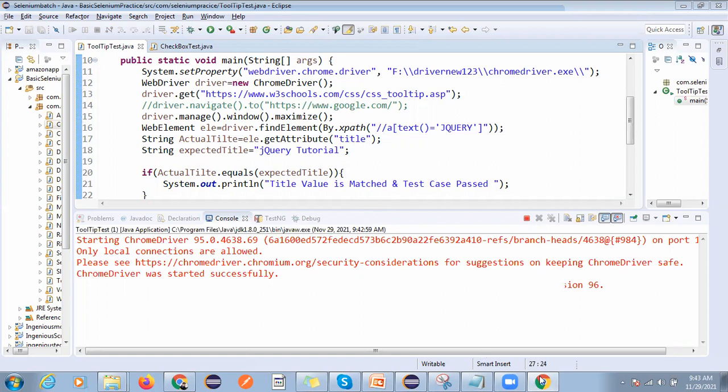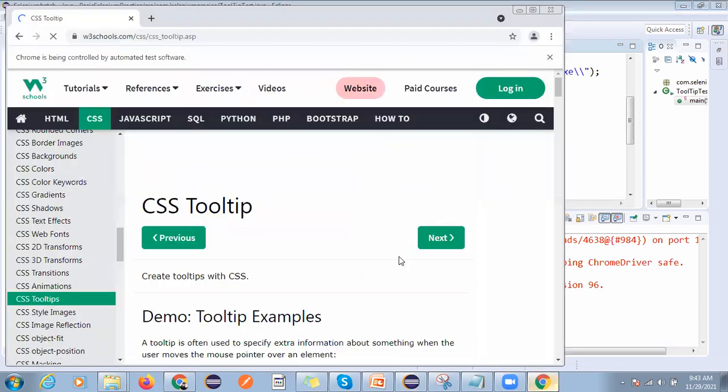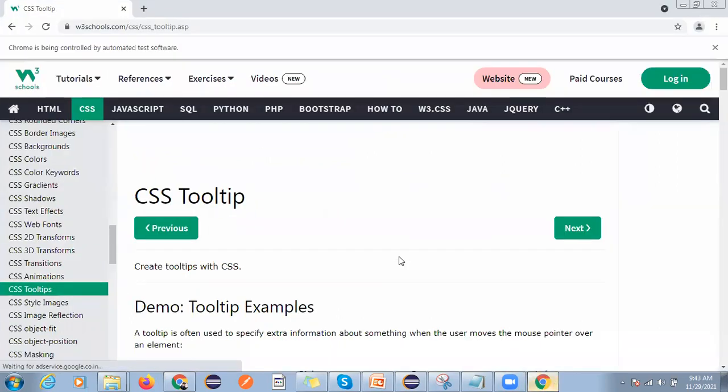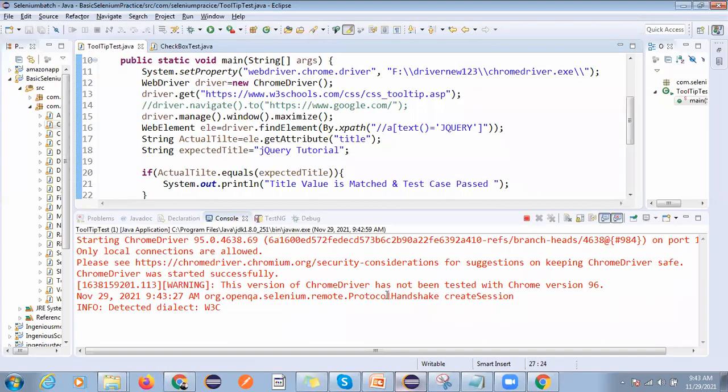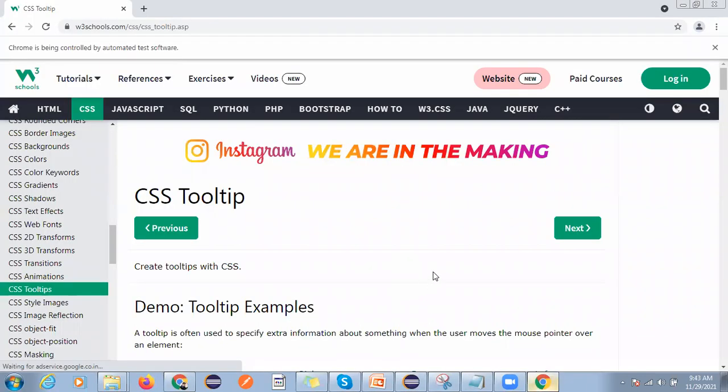Okay, and just go here. It will launch. Okay, and you can see here, still it is working.